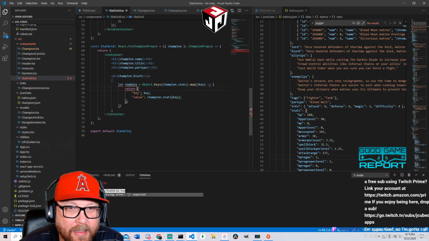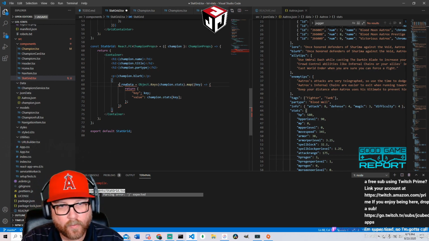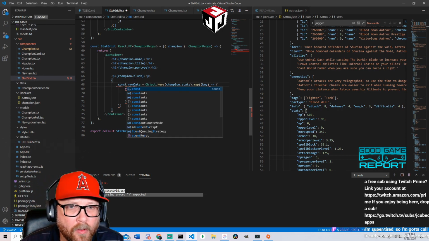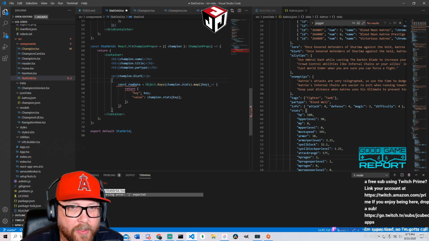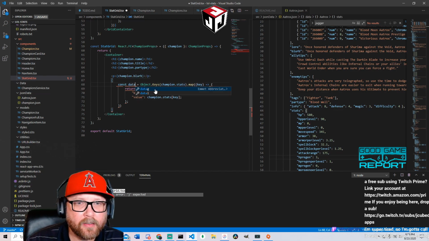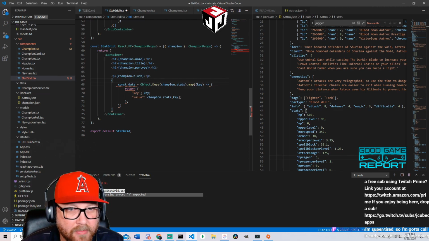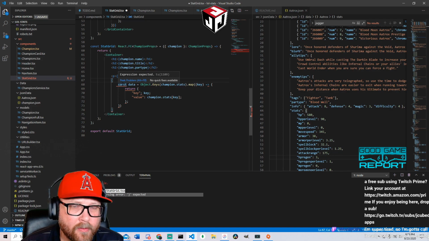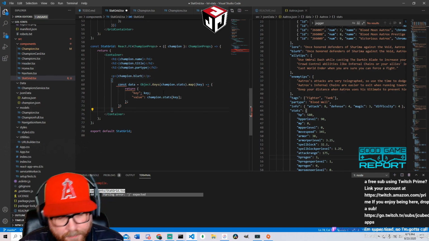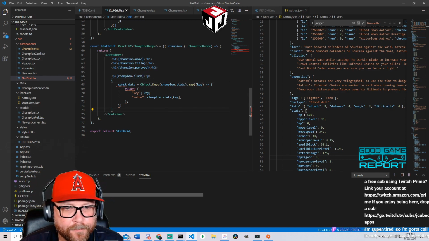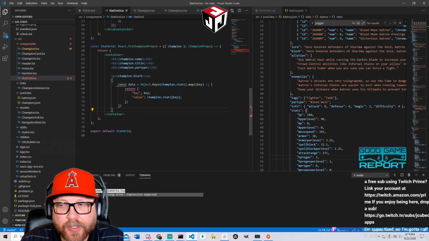Does not like this. Const row data, which is const data. Okay, that's better. So I'm trying to convert this to a whole new object.